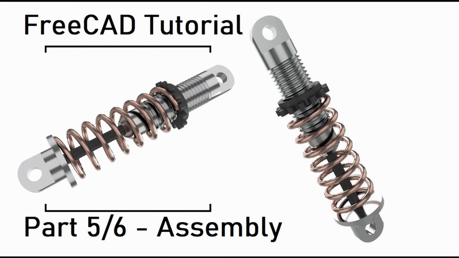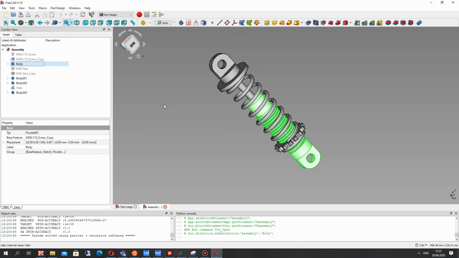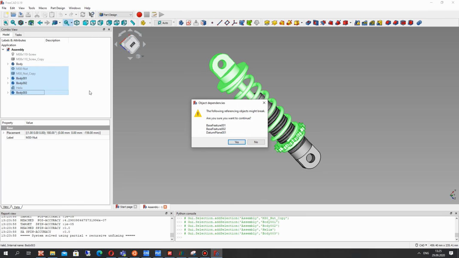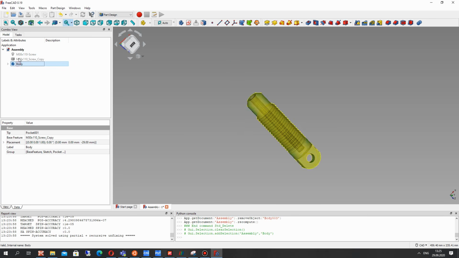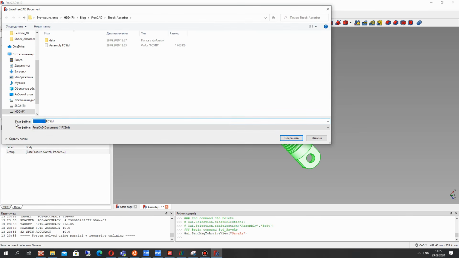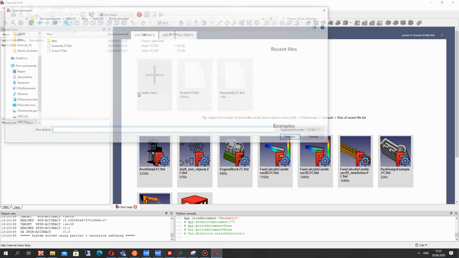Hello guys, in this video tutorial I will show you how to create the assembly in A2Plus Workbench of the shock absorber. We have the first step. We have to save all bodies from previous lessons to some directory in your PC. So let's choose the body, the screw, save it in a FreeCAD file, okay,